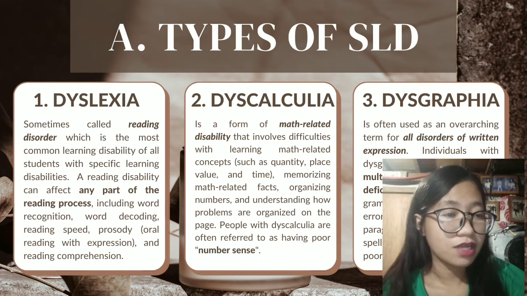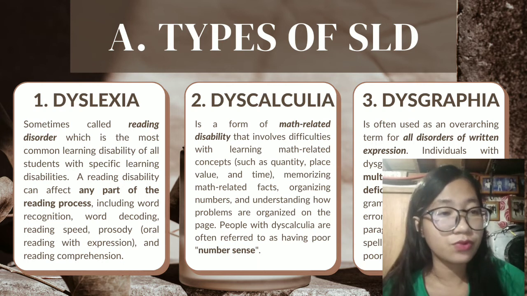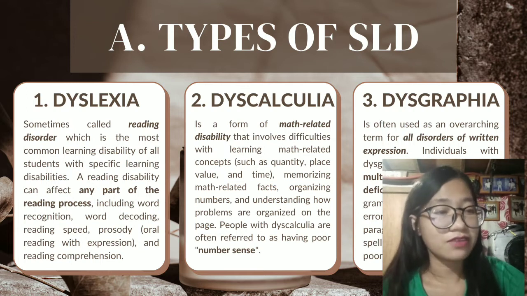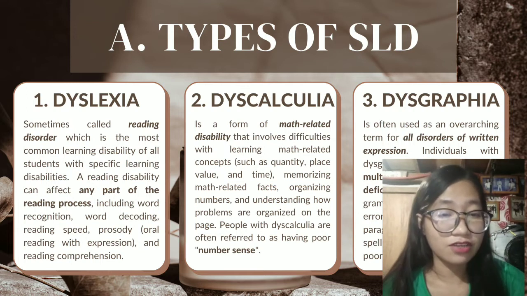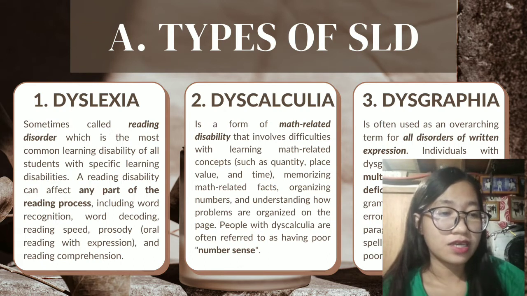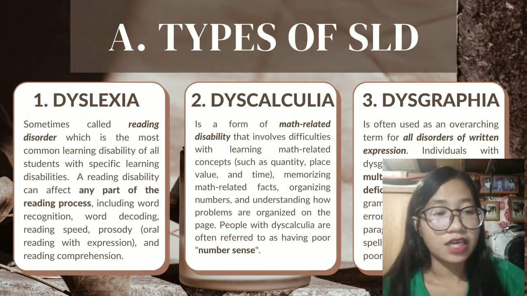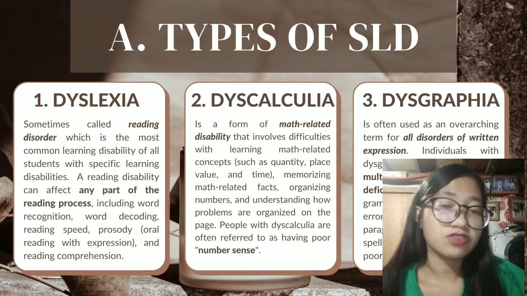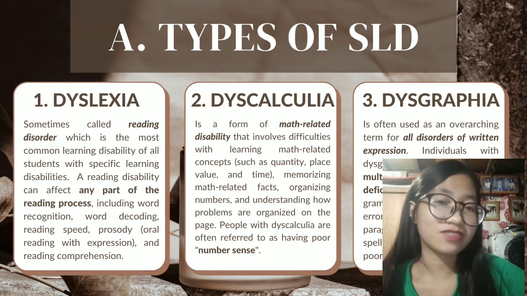People with dyscalculia are often referred to as having poor number sense. So, poor iyang number sense. Maglisod siya og anything nga math related, anything nga involve ang calculations, involve ang arithmetic. So, if about siya sa math, so poor ang iyang sense of numbers and estimation. And maybe sad kay na siya high levels of mathematics anxiety. Kay maglisod mo siya sa math, so wala na sad siya mahadlok sa math.